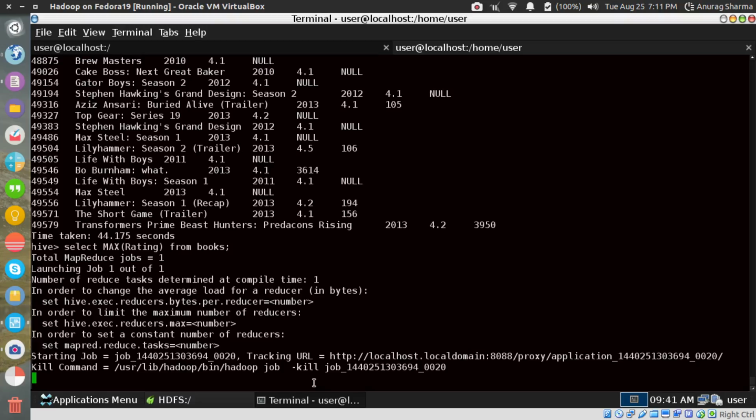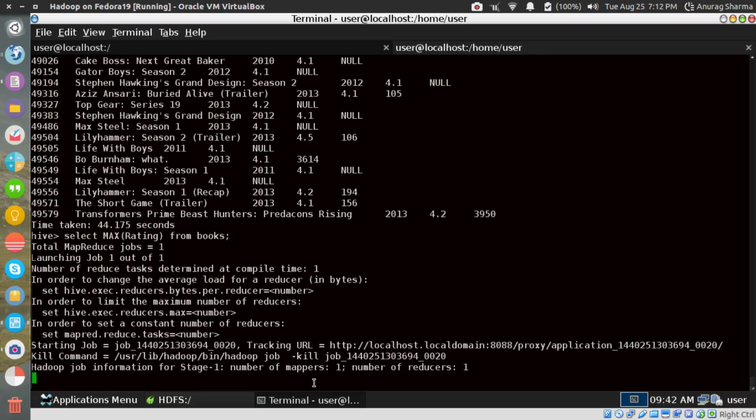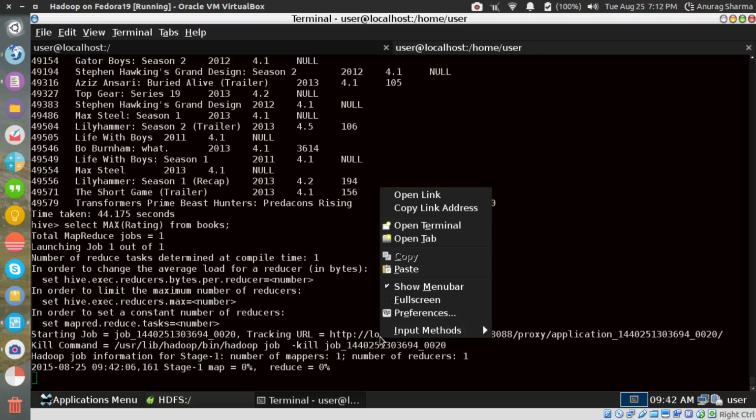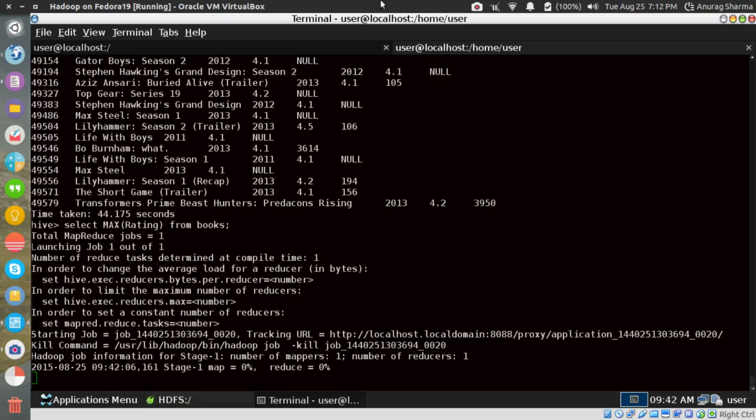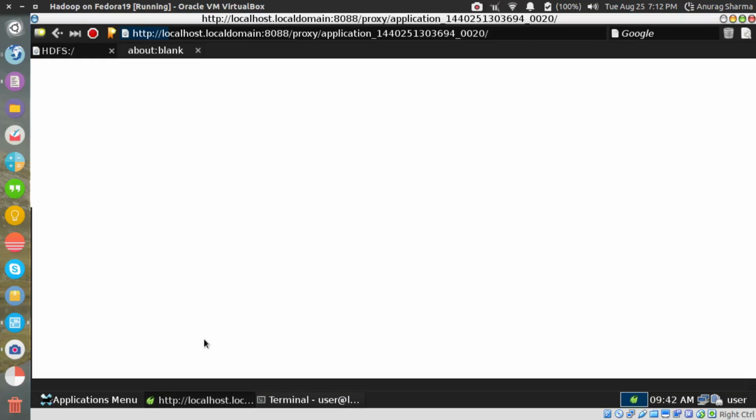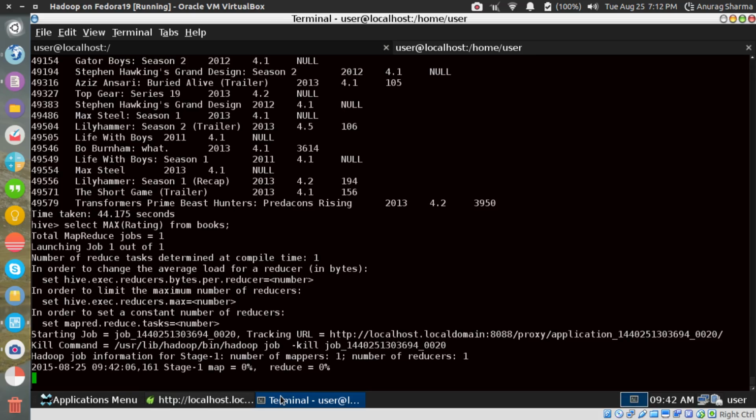As I told you, it again will launch a MapReduce job for you. If you're interested to have a look at it in a visual way, it does provide you a link which would usually expire once the job is finished.